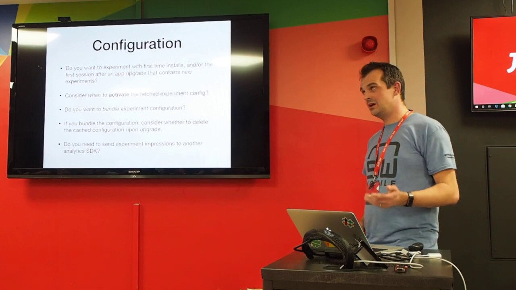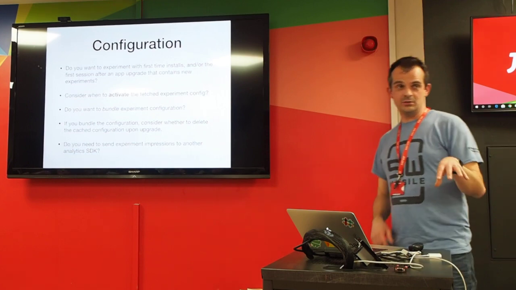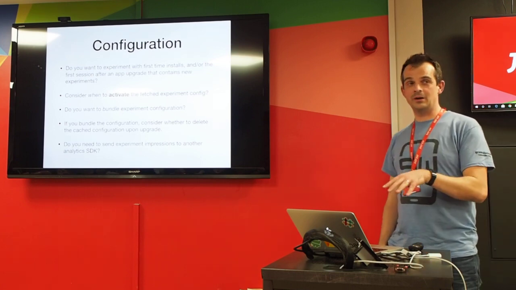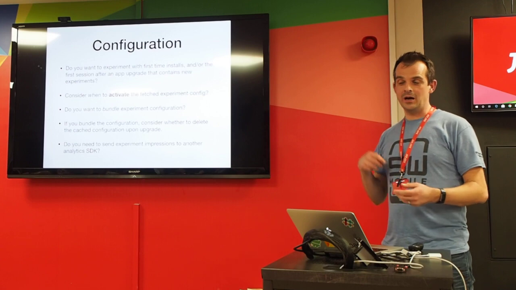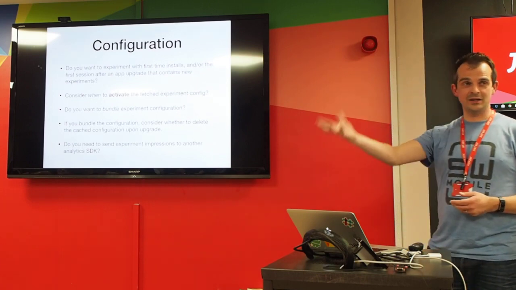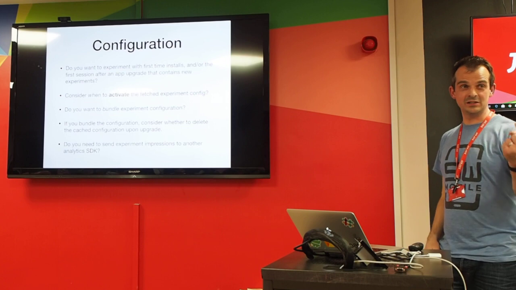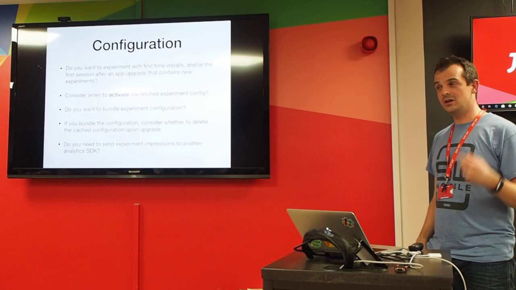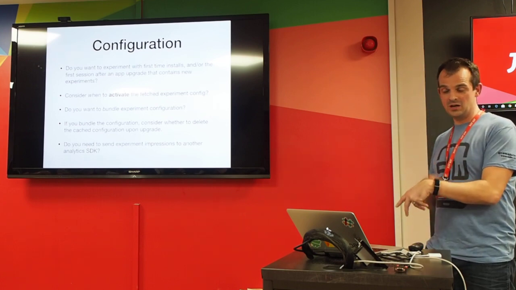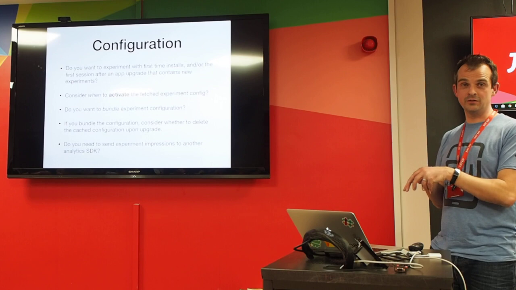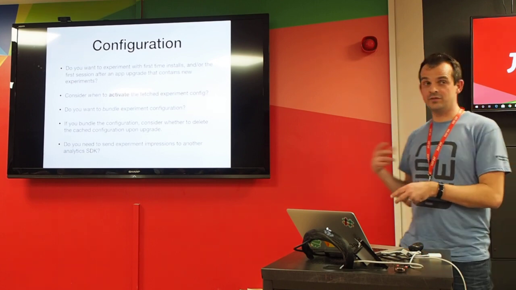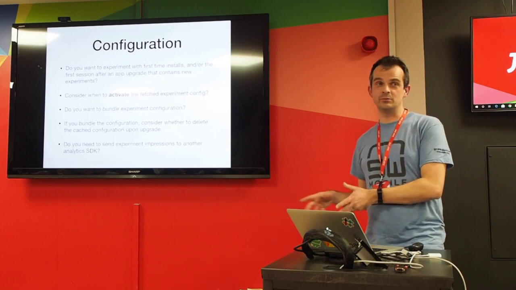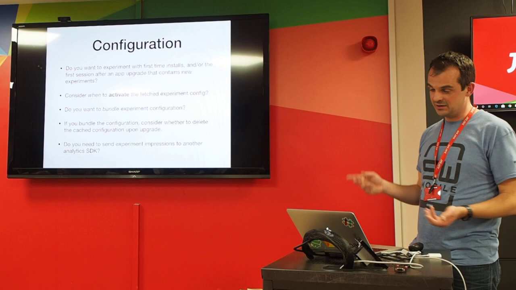What we do at Just Eat is we fetch the config at launch. We don't apply it until the second session, but every time we ship an app update with an updated data file, on an Android at least, we have a package update receiver which listens for an intent for the Play Store when you have an update. And what we do is, because that happens typically in the background, we then clear the cached config, we bundle the experiment config with the app at the time, and that means that on the first launch of the app, and for first users, they could be immediately bucketed into new experiments that we've shipped in that app. I'll come on to that in a sec.